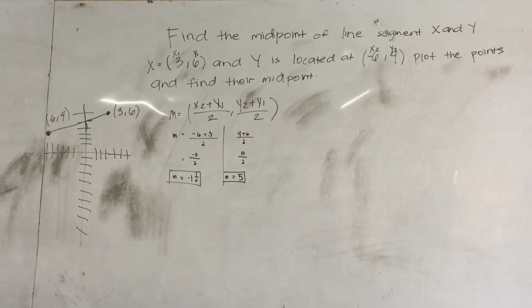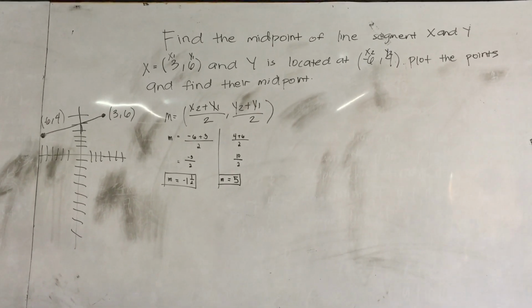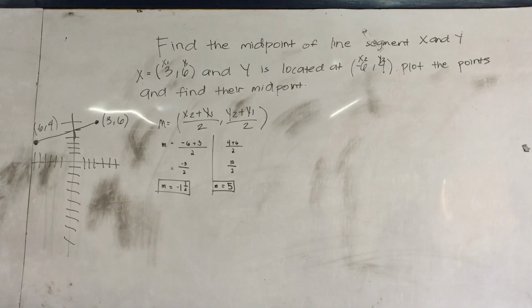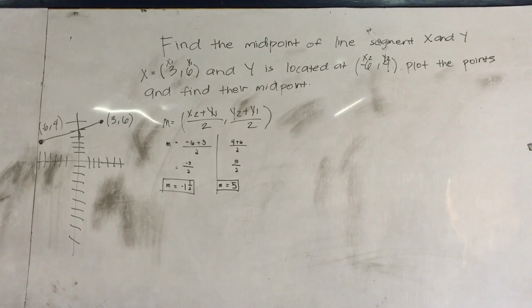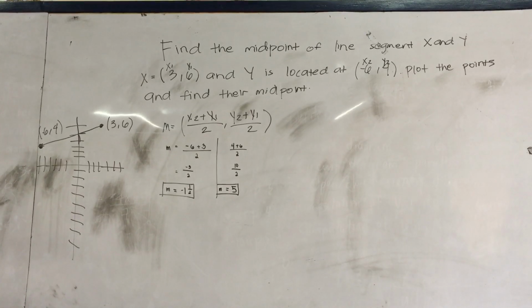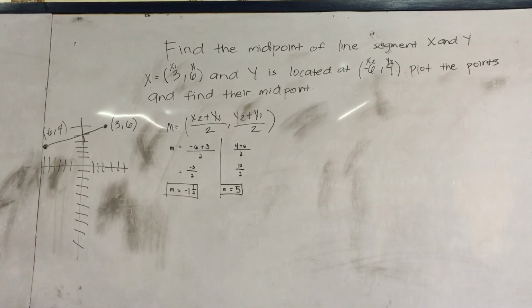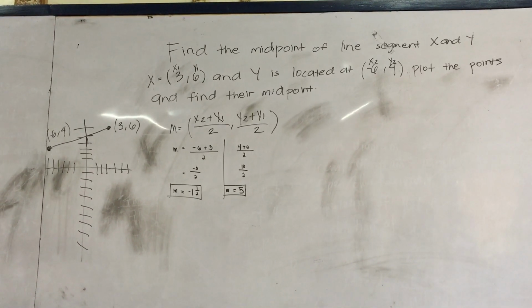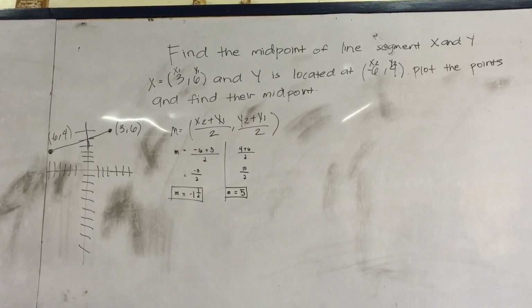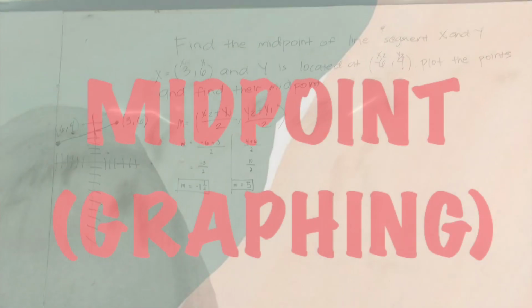Our x sub 2 is negative 6 and our x sub 1 is 3. Negative 6 plus 3 divided by 2 is equal to negative 3 over 2. M is equal to negative 1 and 1 half. Our y sub 2 is 4 and our y sub 1 is 6. 4 plus 6 all over 2 is equal to 10 over 2. Our midpoint is 5. Graph the